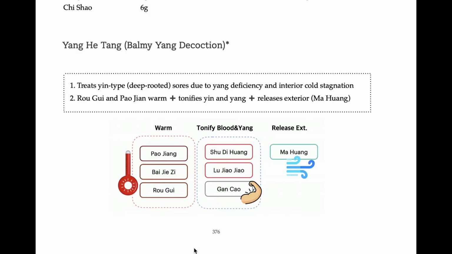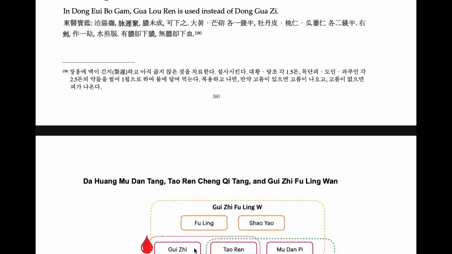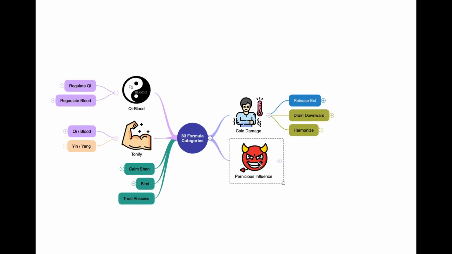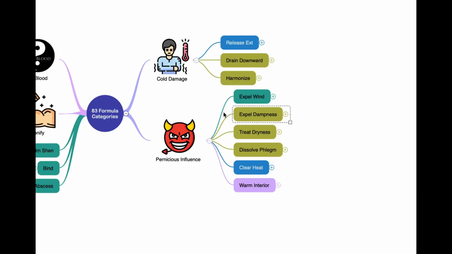And abscess formulas. Luckily, California does not require studying these formulas. 83 formula categories. Those categories can be